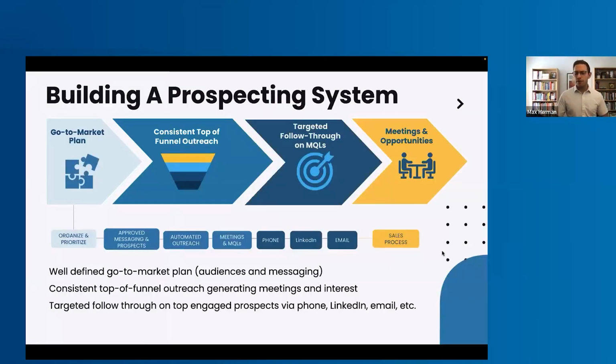So here's a version of how one would build out that process. And I probably went a bit too in depth in the beginning, so maybe this can be a bit faster. A go-to-market plan allows you to organize and prioritize towards your total addressable market or your ideal customer profile. Then you're going to begin building out the messaging and the approved prospect lists. We always send these to our clients to review and approve. You're going to want to comb through this before you send out a single email,